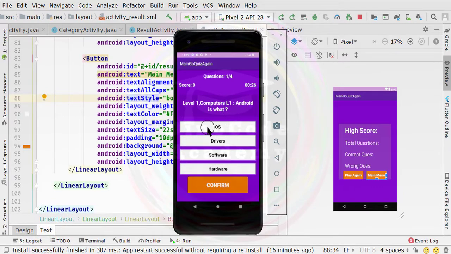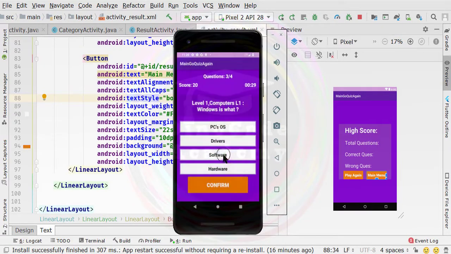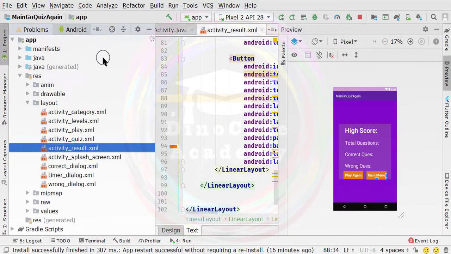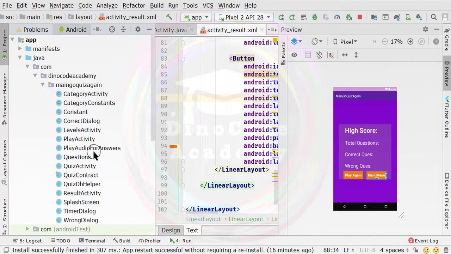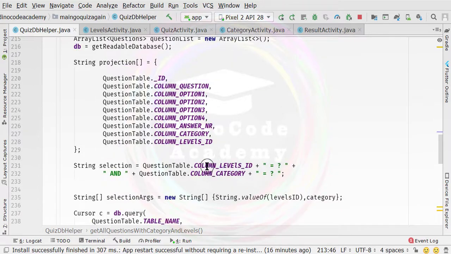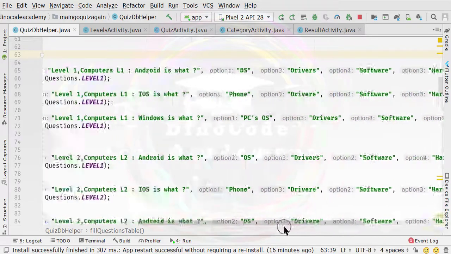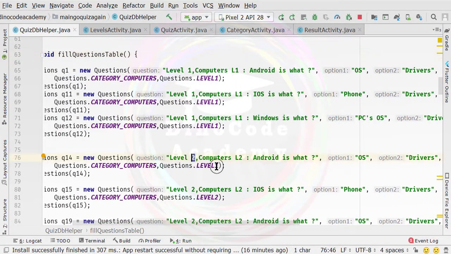Now guys, I have specified that if we answer 3 or more questions correctly, the second level will unlock. So if I select this one, which is the correct one, and this is also the first one correct, you can set the questions according to your need. If I select correct again, you can see it's now level 2. The reason is that it fetched a level 2 question. Inside the QuizDB helper, I have added a wrong entry. If I go to the QuizDB helper and look at the entries inside the fill question table, this is our fill question table. Inside level 2 I have added a wrong entry: this is a level 2 question, but I have added it inside level 1. That is the reason it was fetched.